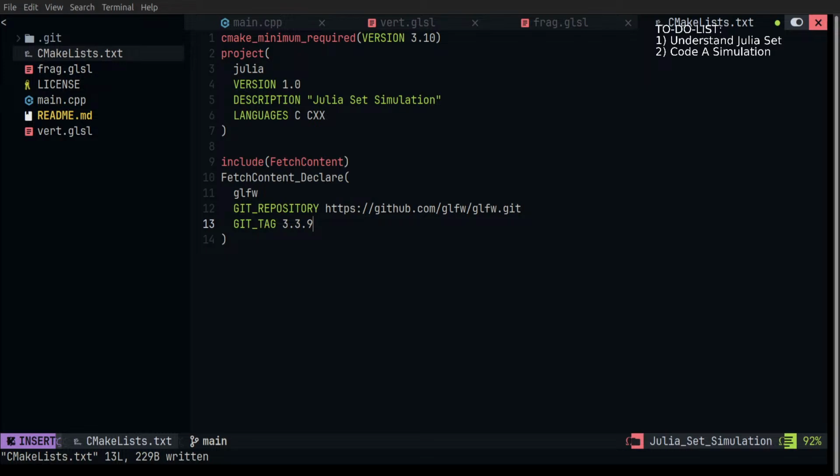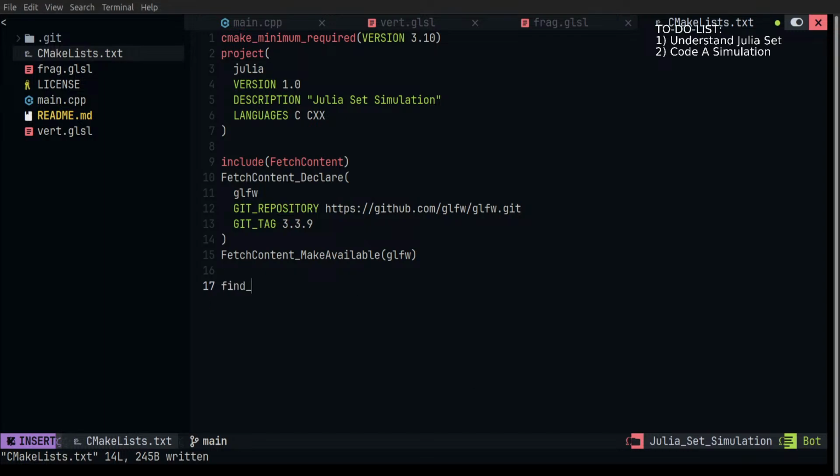Tag is 3.3.9. That's done. Now after fetching the content, we can just do FetchContent_MakeAvailable, glfw,